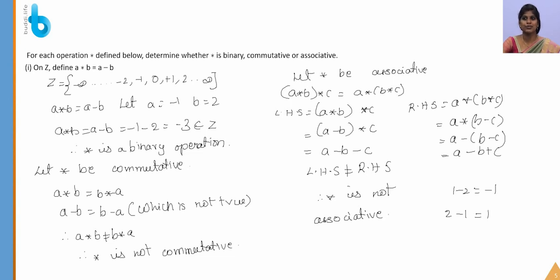So this is how you should check. Or by giving an example also you can check. This is by the definition method. I have just proved these two by the definition method. You can also take some integers as examples, like A equal to minus 1, B equal to minus 2, C equal to 5, and by substituting the examples you can show whether it is associative or not associative, according to the question.